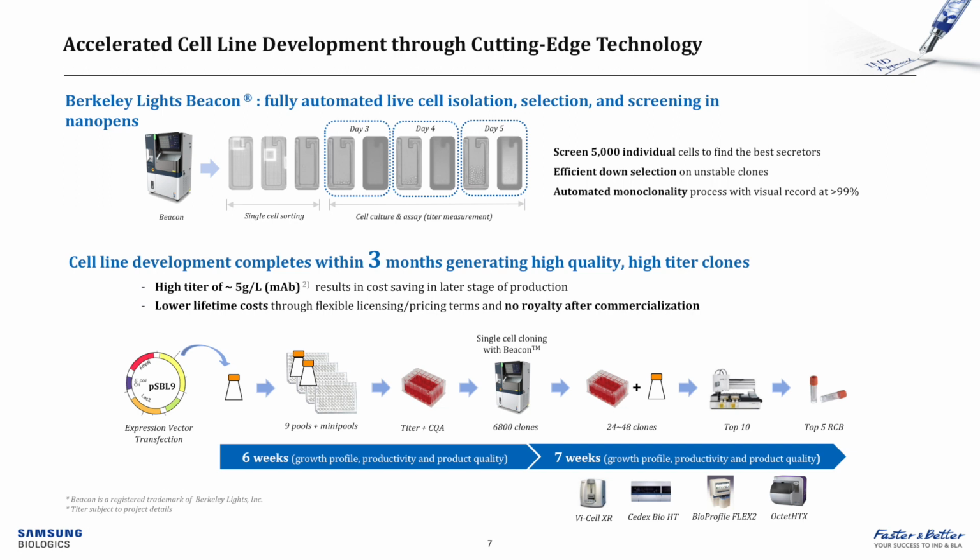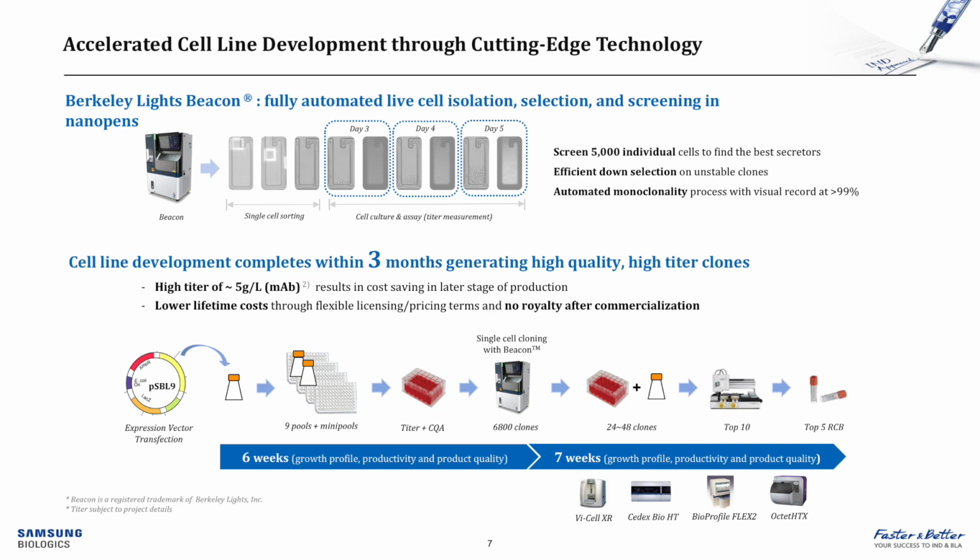We load over 5,000 individual cells, screening by specific growth rate and specific productivity, making the ranking and scale-up process much more efficient, where we're choosing the top clones right up front. How that integrates in the overall 3-month timeline for cell line development is initiated through the first transfection,